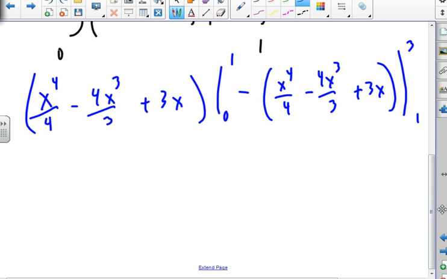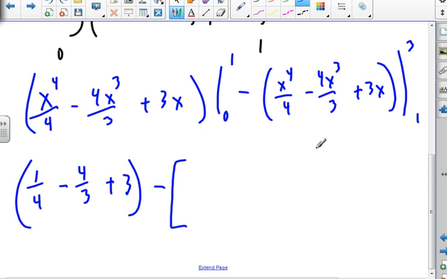So that's what we're looking for. I put in a 1 and I get 1/4 minus 4/3 plus 3, minus the 0 guy, everything goes away, minus, I put in the 3,